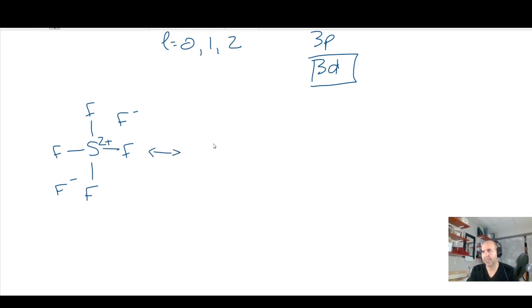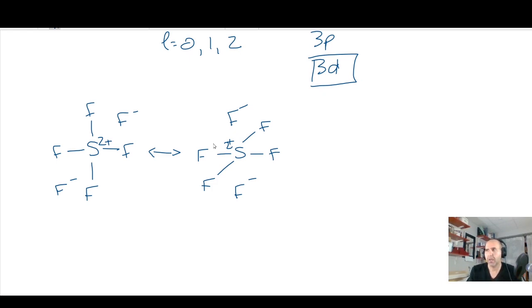It's a very complex resonance situation. I'm not going to draw them all, but there are a bunch of different possible resonance structures, and hopefully you can get the idea, which is there are basically 6, I guess, resonance contributors that we could draw